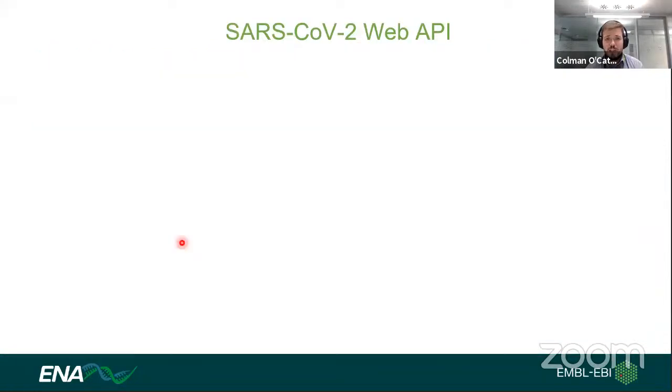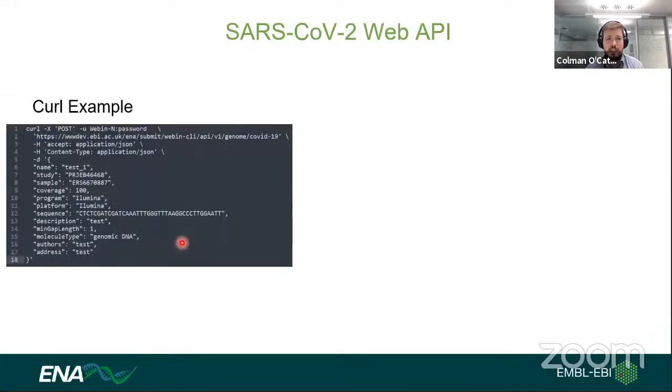And I'll give you some examples of how you can use this programmatically. Here's a curl example, relatively straightforward using standard curl commands. And like I said, you just give it a single JSON payload. Now, obviously, the sequence field within this JSON is generally much longer if you're submitting a whole genome to us, particularly a SARS-CoV-2 one. But still, the benefit of having such a small genome is that we are able